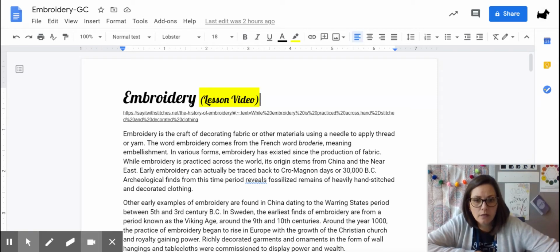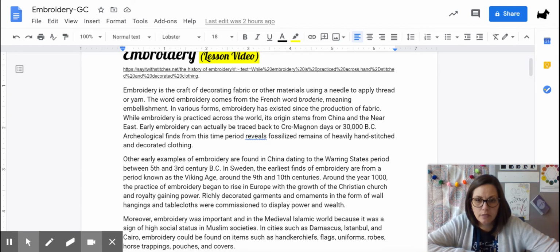So this is our next lesson that we're going to go over. It is called embroidery. There is a video of this lesson attached right here. So if you are accessing this or need to access this later, you can totally go back and watch the video. All right, so it says embroidery is the craft of decorating fabric or other material using a needle to